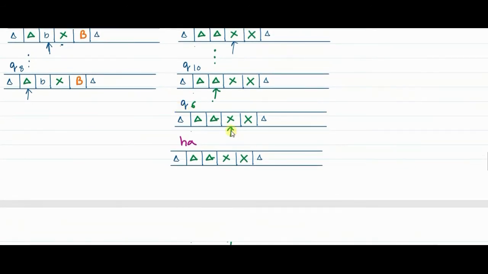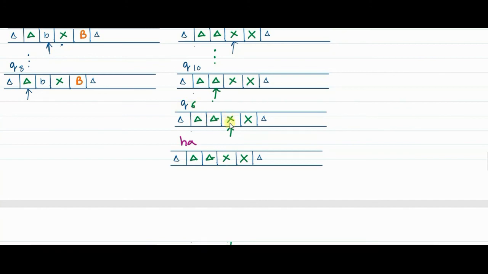So far, whatever small a's and small b's were there in the first half of the string, all of them have been compared and matched with the second half of the string. When you get X, it simply means that there is no more small a, no more element remaining to be matched in the first half with the second half. Since we have got X here, there are no more symbols remaining to be matched.